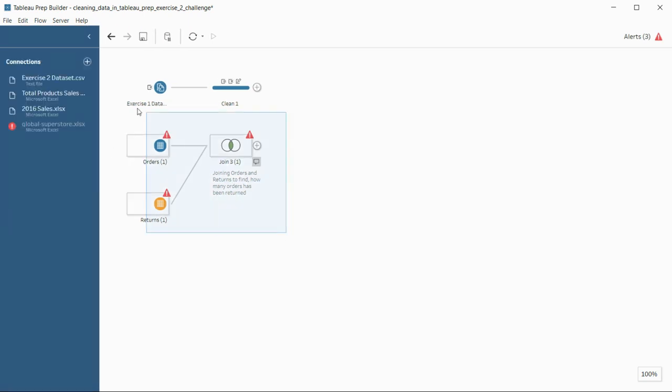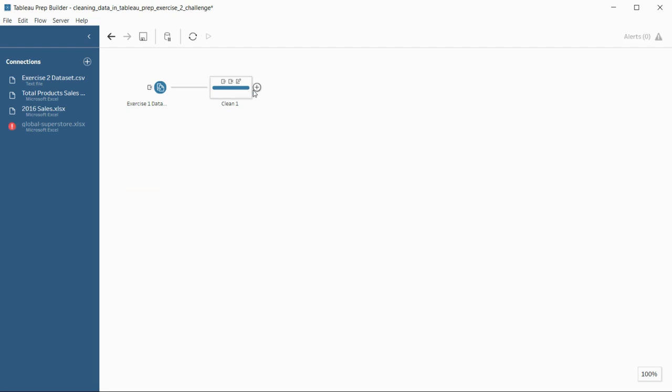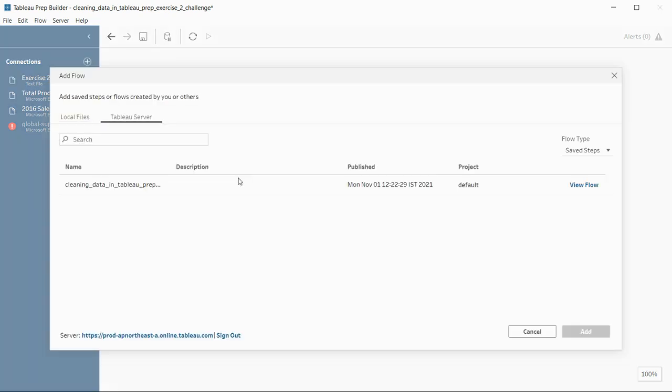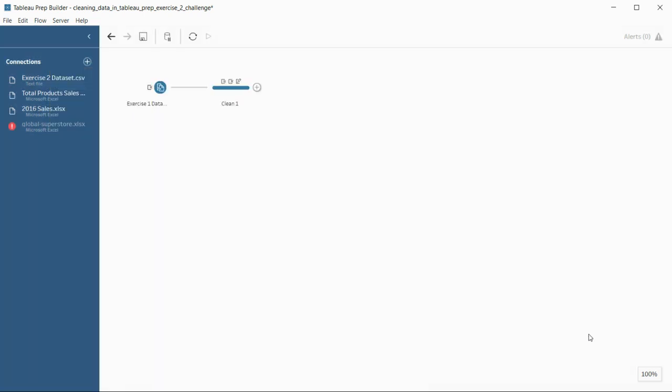Since there is no data available for this flow, it's showing an error. So you can try some other flow. I'll just show. Click insert flow and click from the Tableau server. Select the flow which you want to insert and then click select. Again it is adding a cleaning step. Since it's already cleaned, it's showing like this.